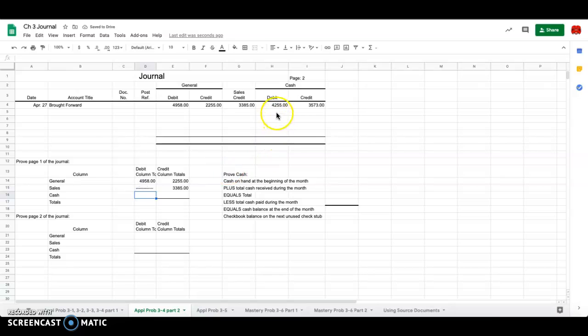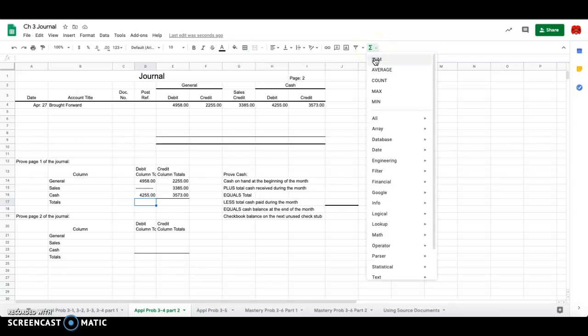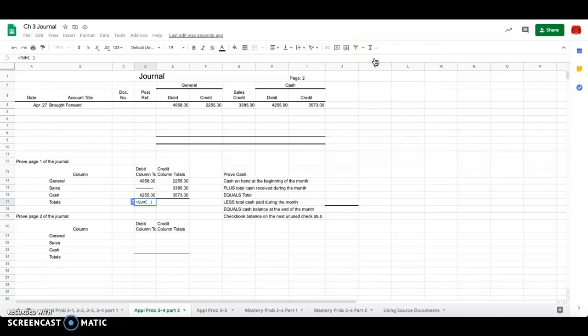And then cash, I'm going to come over here and grab these two numbers and bring them down. And you don't have to copy and paste if you don't want. You can type them in. It's up to you. All right. So now what I can do here is, I'm kind of putting in some formatting here. All right. So I'm going to add these two up. And again, I can come over here to this auto sum, and I can click on that, and I'm going to hit sum,